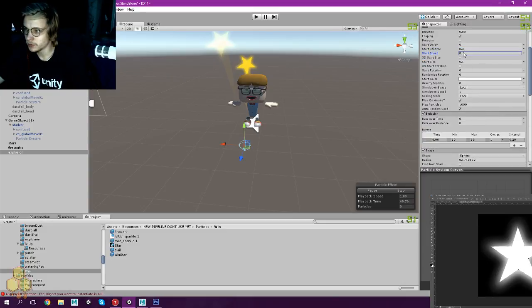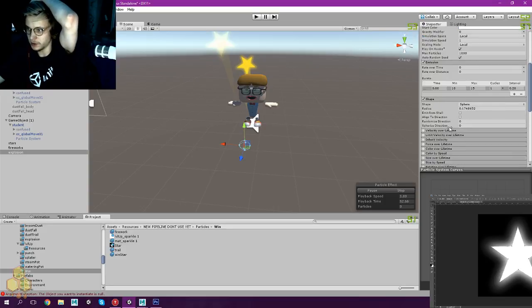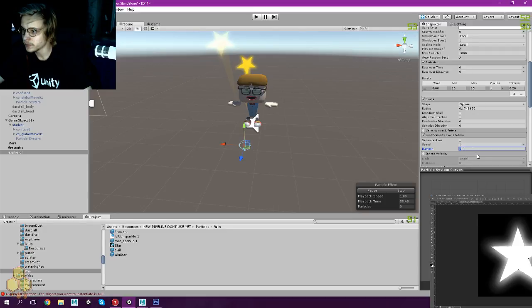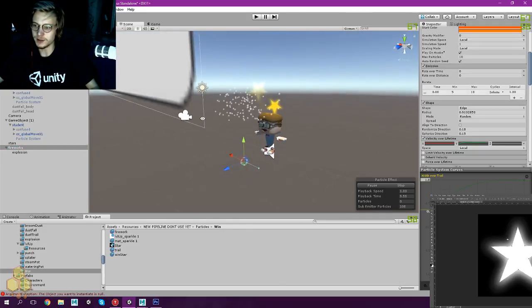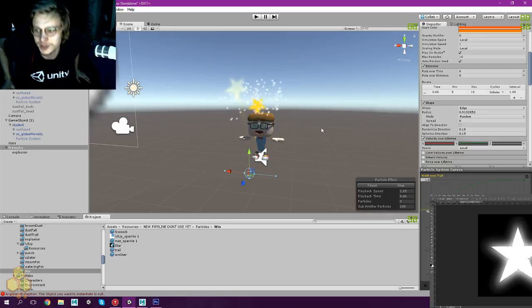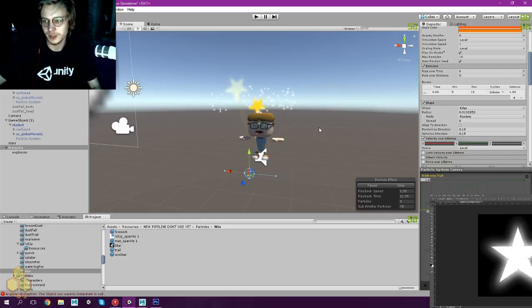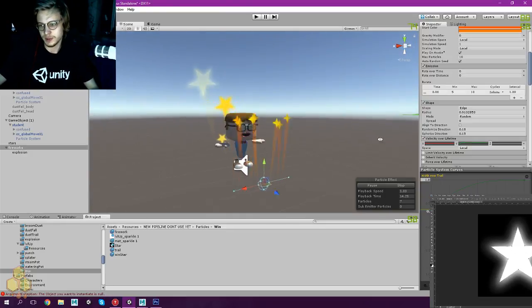0.3. And start speed could be 7, and then I'm going to do limit velocity over lifetime, and let's say dampen by 0.2, and this is going to be, okay, 5. Let's see how this looks. Alright, so if I could get this working together with this, ooh, yeah, nice. Hey, that works. Real nice. I like that. They're just like